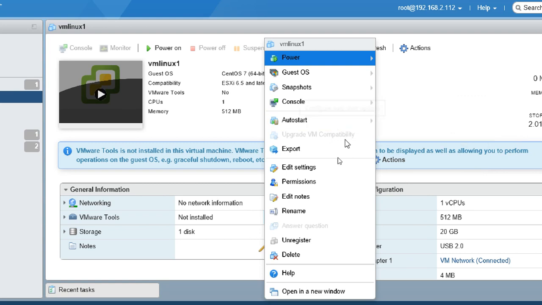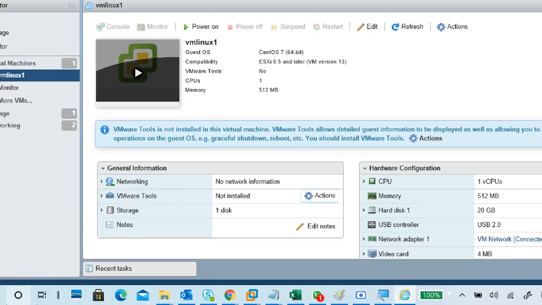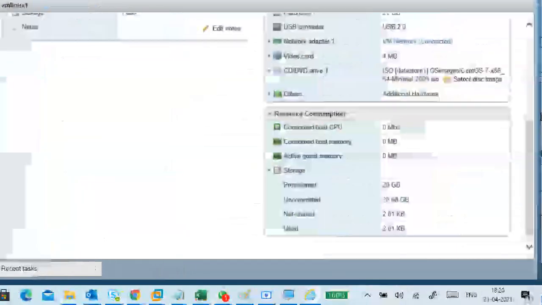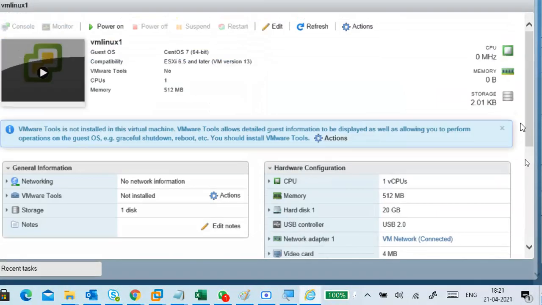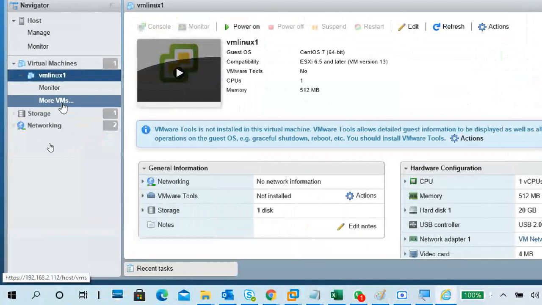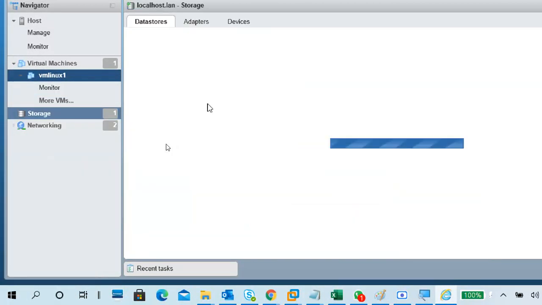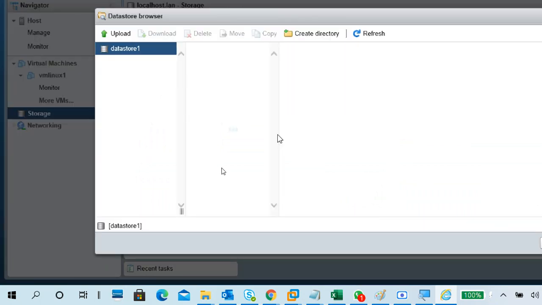We can also access it with our VMware application, but it may get confusing between this machine and that machine. But we can't power on now, because the image is not yet completely uploaded.